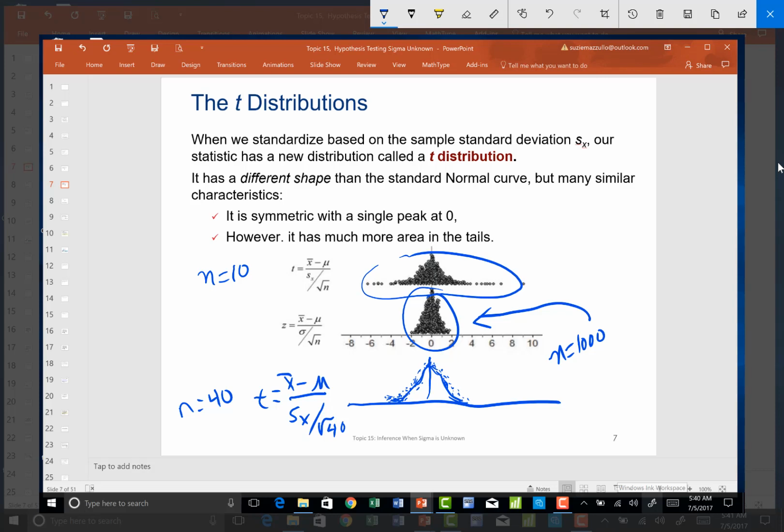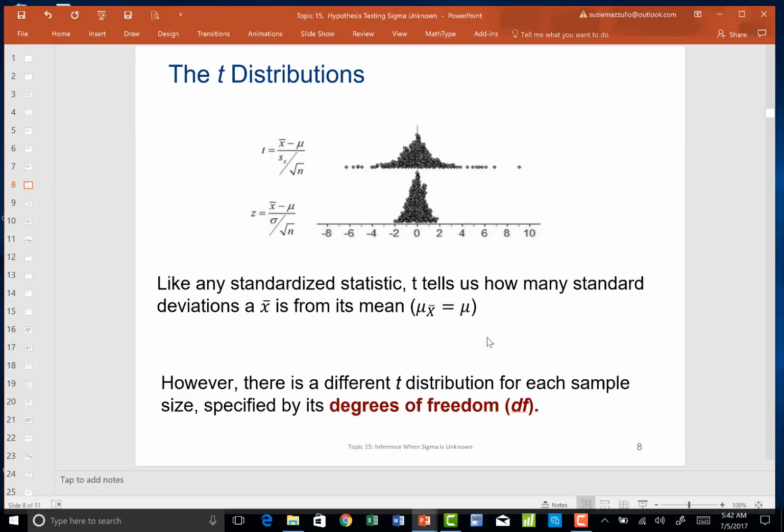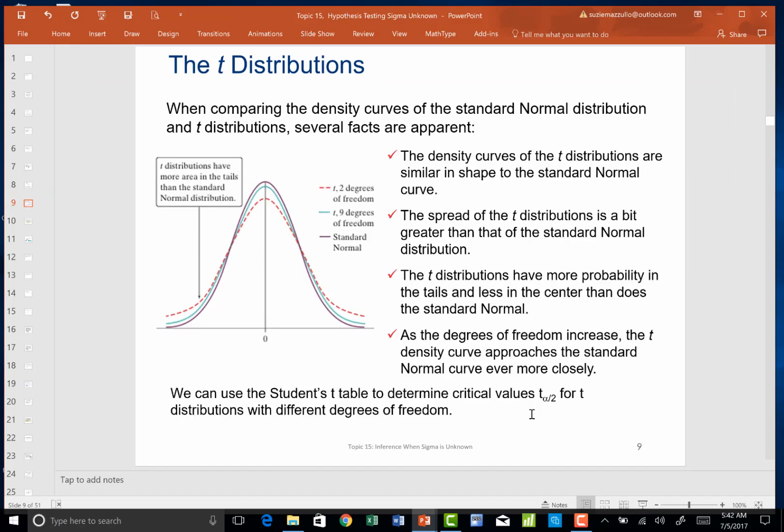In fact, we find that as n gets very large, student t distributions converge to the standard normal distribution, or in mathematical terms, it gets closer and closer to it as our sample size increases. So for each different sample size, we're going to have what's called a specified degree of freedom, and as you can see, as the student t distribution's degrees of freedom get greater,